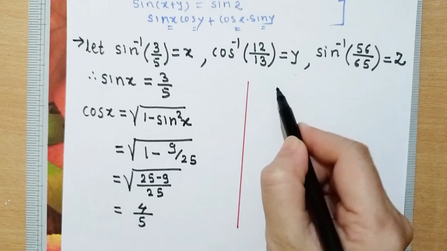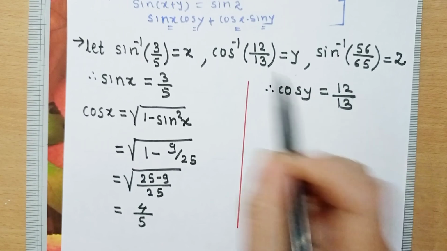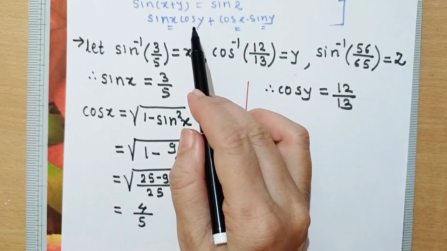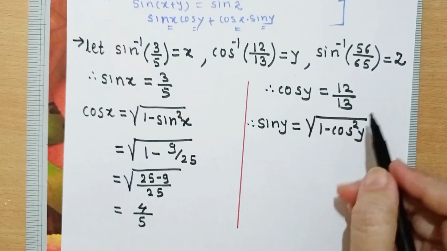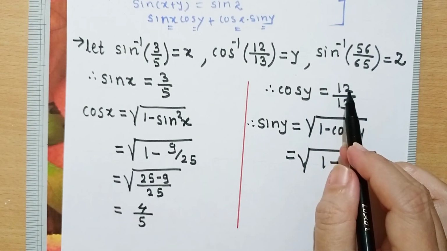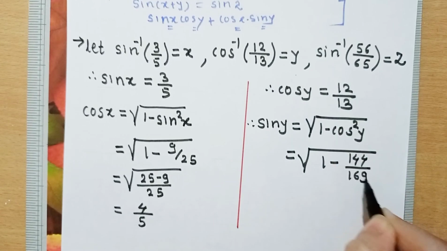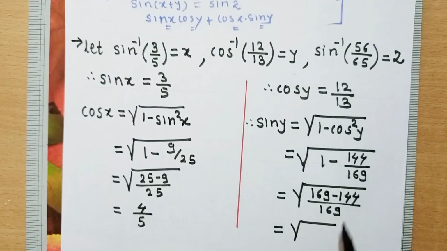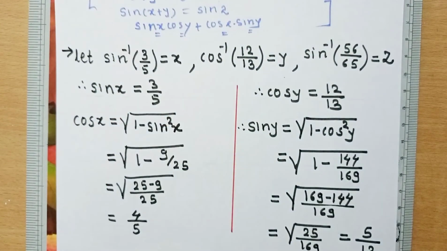Move this cos inverse here, and therefore cos of y equal to 12 upon 13. Now we can understand, if we know cos y, then we have to find out sin y also, and we will find sin y by this formula, and so substitute values again. 1 minus, now cos square means 12 square is 144 and 13 square is 169. Now make denominator same. Subtraction of this is 25 upon 169, and again, so value of sin y is 5 by 13. So very simple. Now we will take this formula.